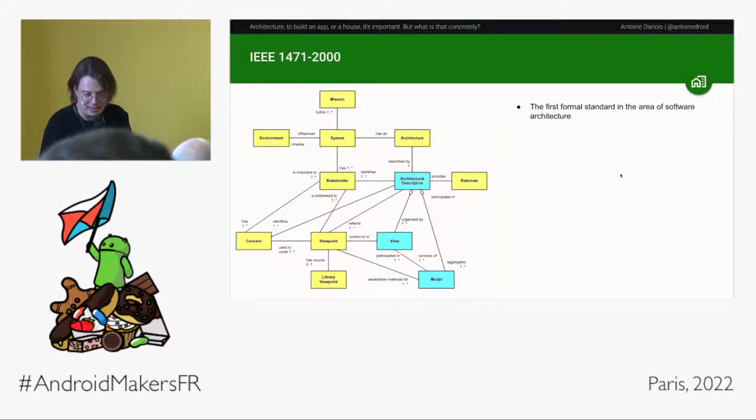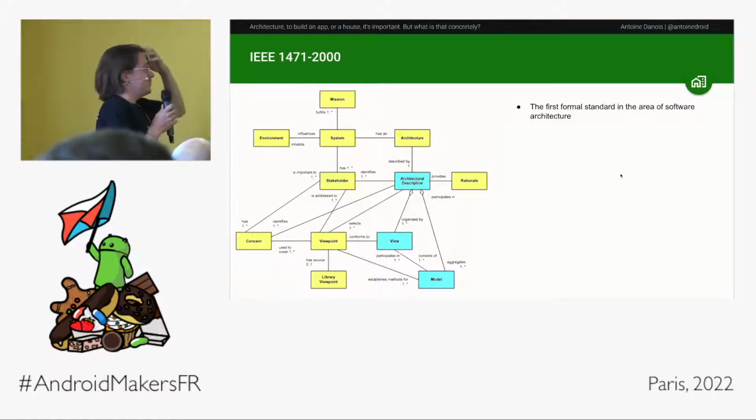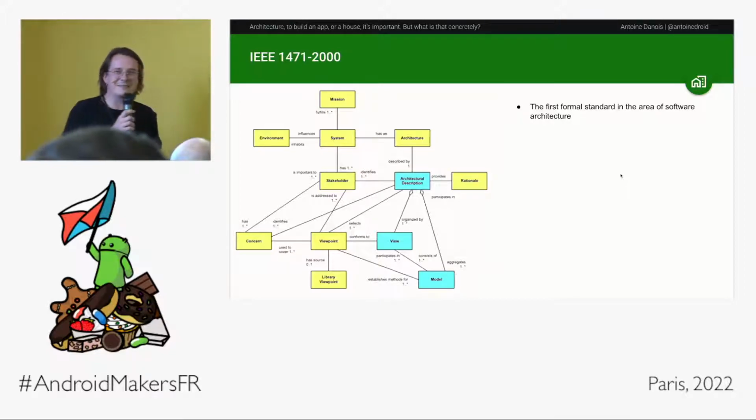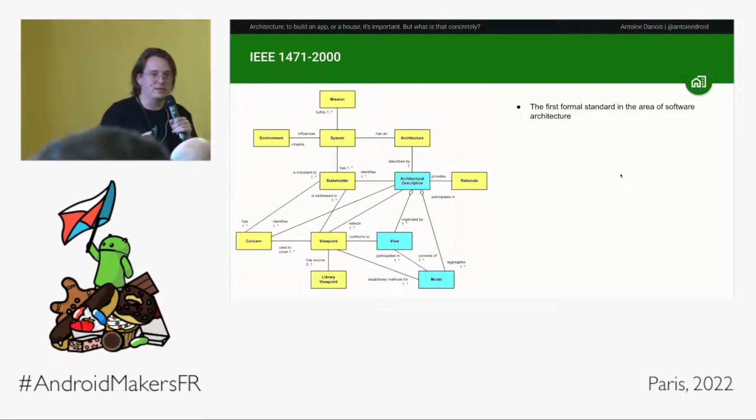And this one, the IEEE 1471-2000. I don't know if anyone is using this one here. But it's the first formal standard of a software architecture. So you know, you can have a formal standard for everything, like if you want to make a cup of tea, about everything. And this is the first one about software architecture.